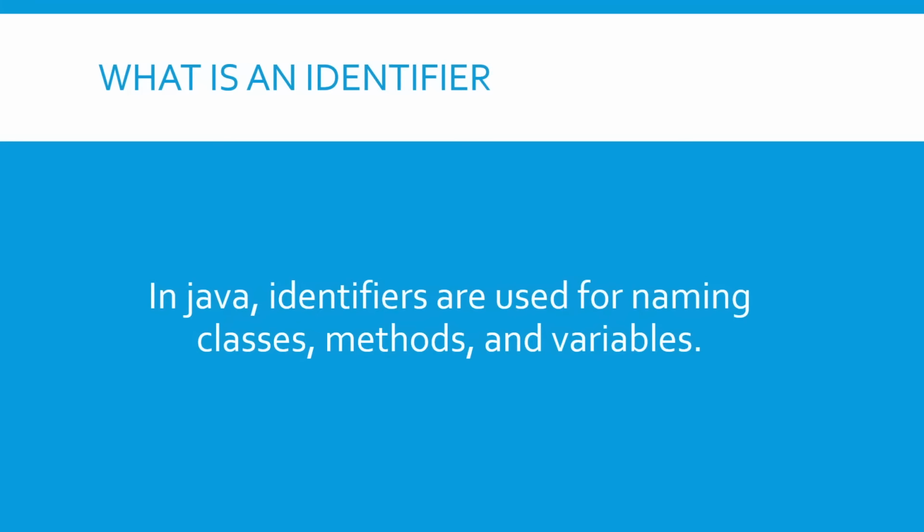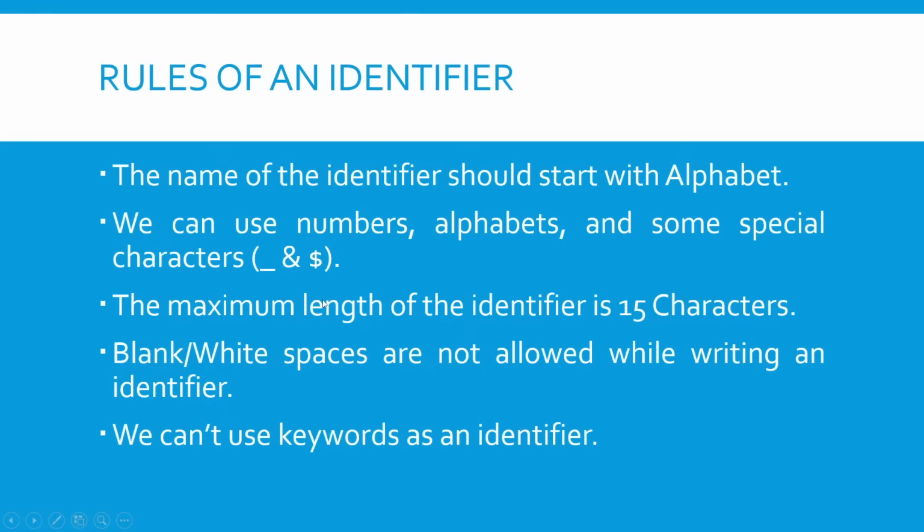An identifier is used for naming classes, methods, and variables in Java. Next, let me go to the next slide. Rules of an identifier. What are the rules we have to follow to write an identifier? Java provides some basic rules to write an identifier. The name of the identifier should start with